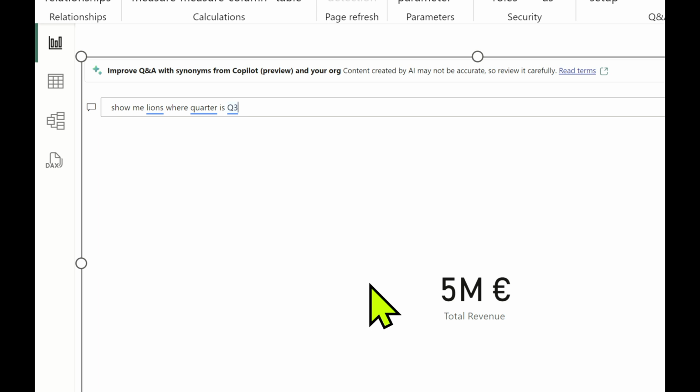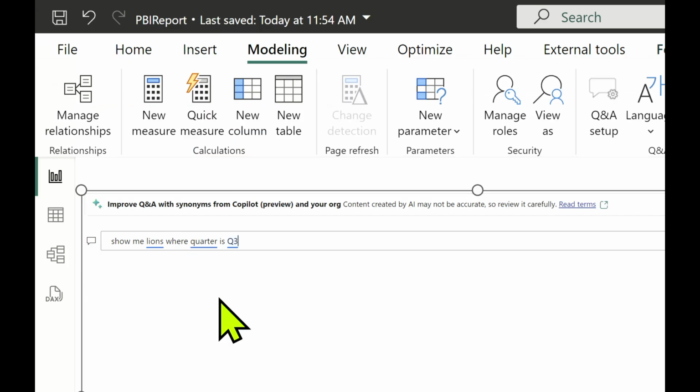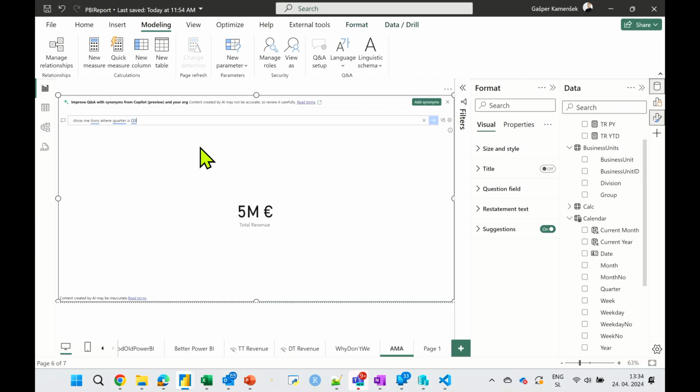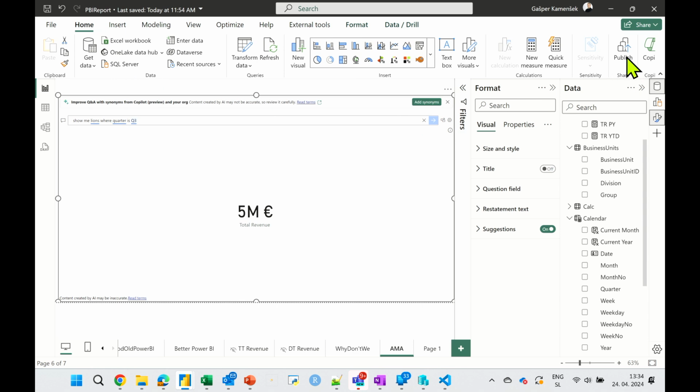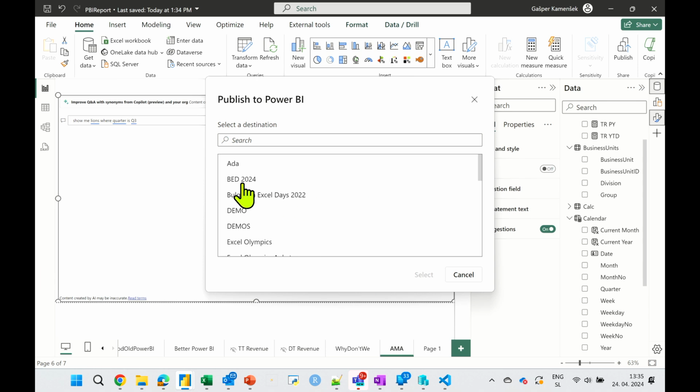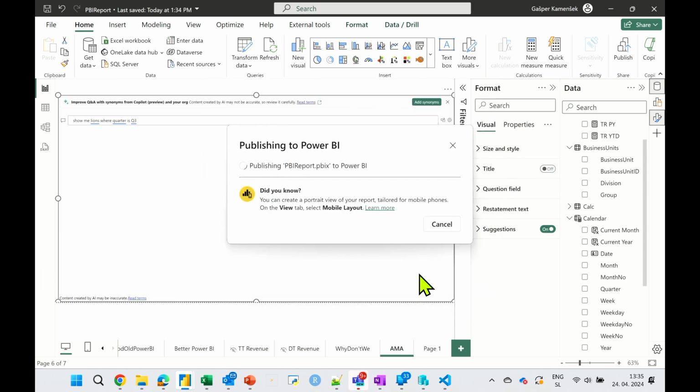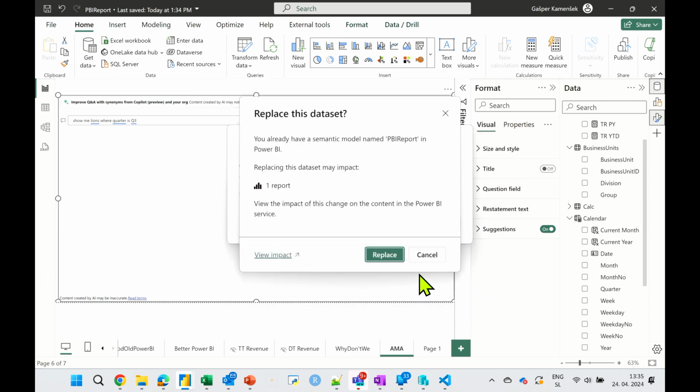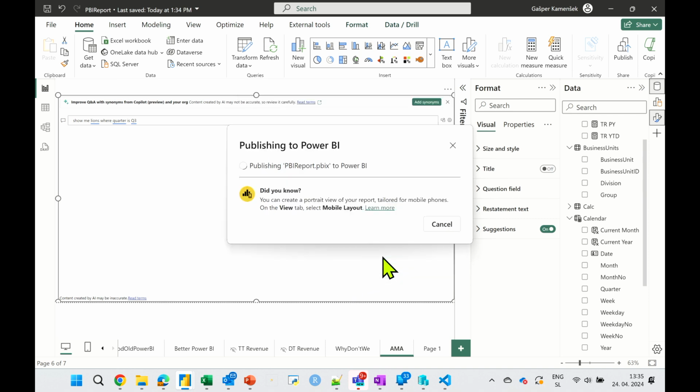So the idea of this becomes really apparent once we show, well, okay, now I built some report. Now what am I supposed to do with this? Well, now I'm going to hit publish. And as soon as I do that, well, I should probably save it. This is the critical point of this presentation. If this doesn't work, then this is the end of the presentation. So, Bulgarian Excel Days 2024. Replace. Oh, I even had a backup. Wouldn't be the end.